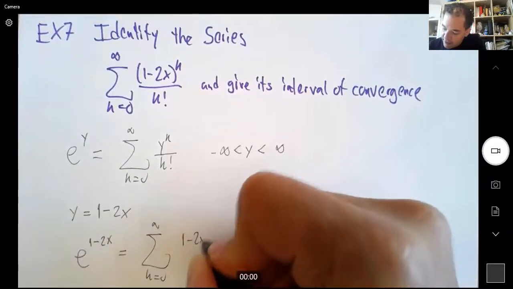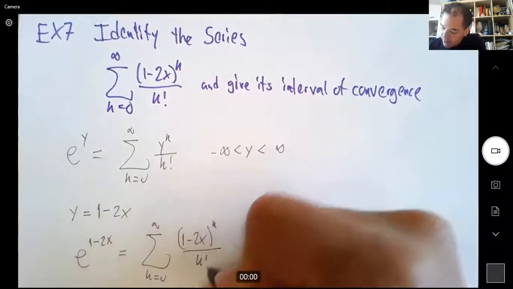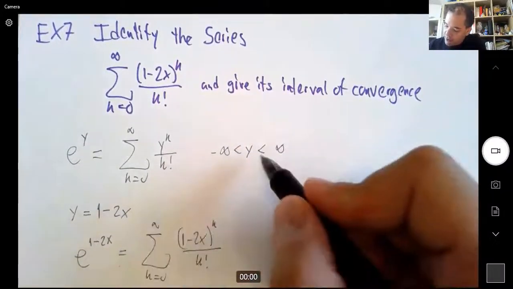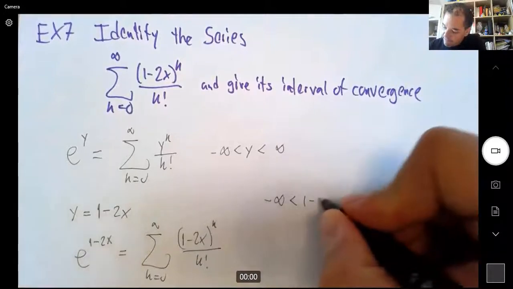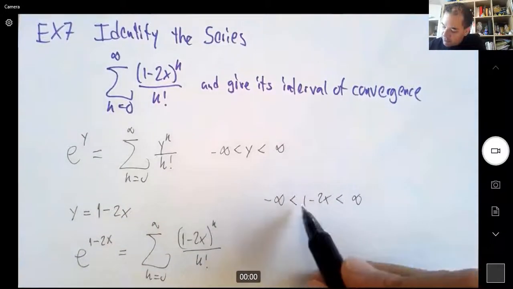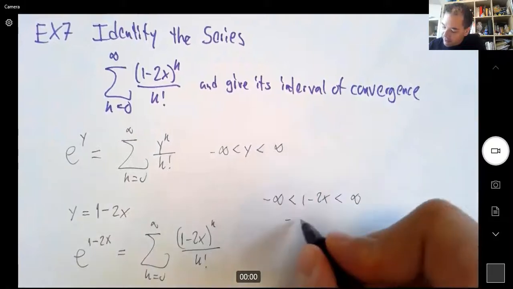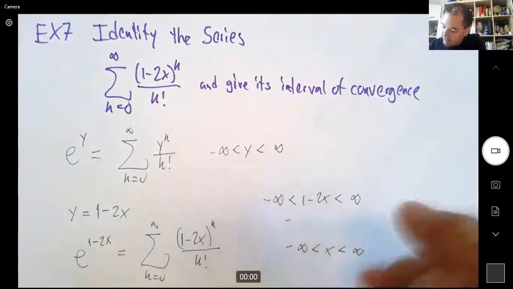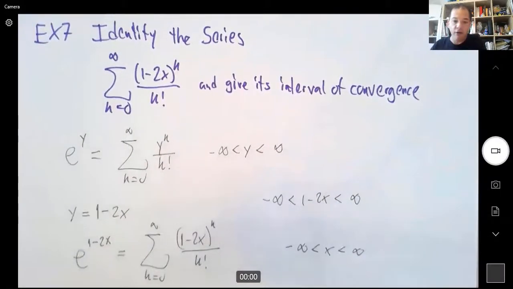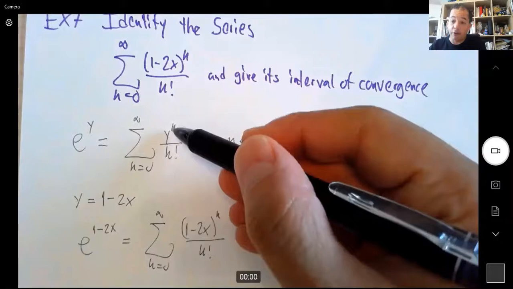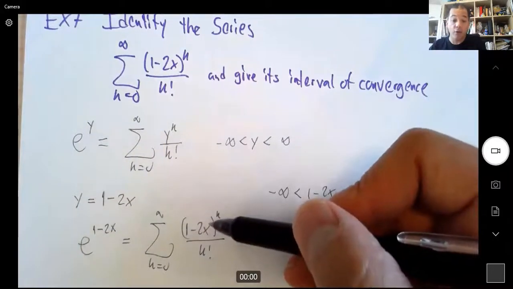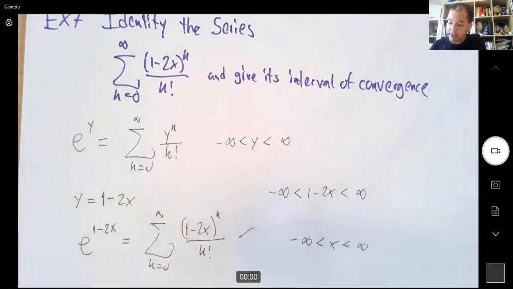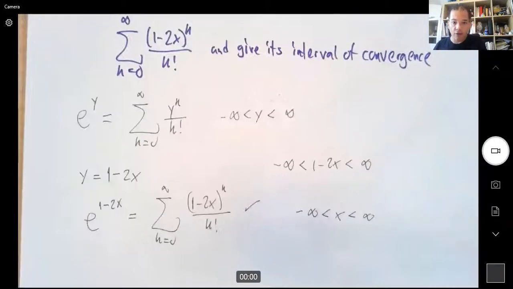And what would be the interval of convergence? Well, remember, this one was good for any y. So if you plug in what y stands for here, you're going to see that when you add 1, nothing happens. So this is good between negative infinity and infinity as well, right? In other words, here you can put any y that you want. Therefore, here you can put any x that you want, and the convergence will be there as well. All right? So that's it. It was actually quite simple.